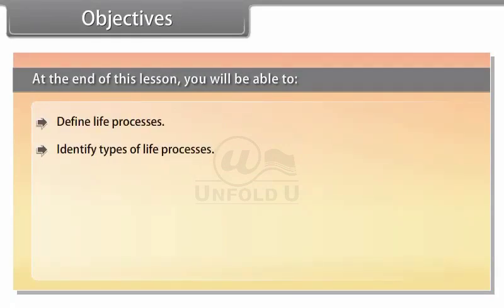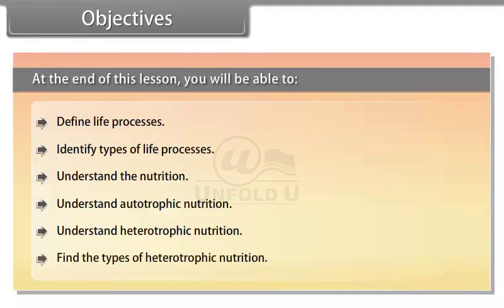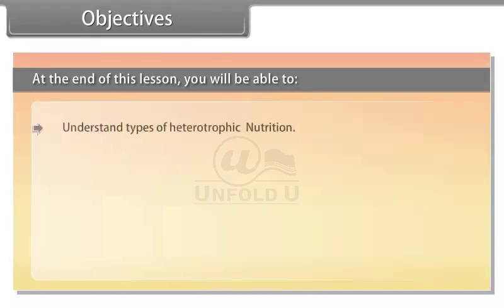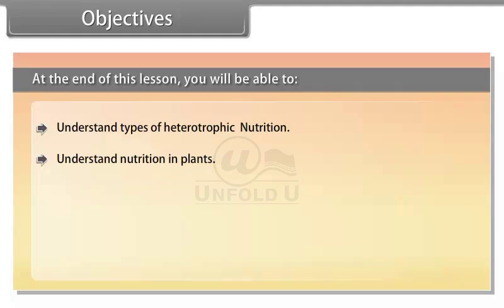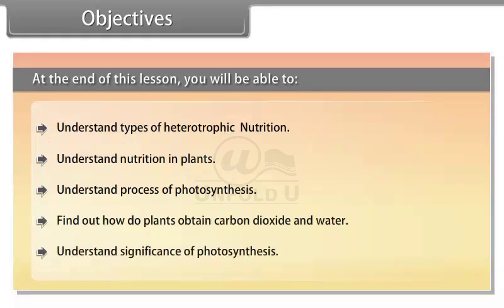Objectives. At the end of this lesson, you'll be able to define life processes, identify types of life processes, understand nutrition, understand autotrophic nutrition, understand heterotrophic nutrition, find the types of heterotrophic nutrition, understand nutrition in plants, understand the process of photosynthesis, find out how plants obtain carbon dioxide and water, and understand the significance of